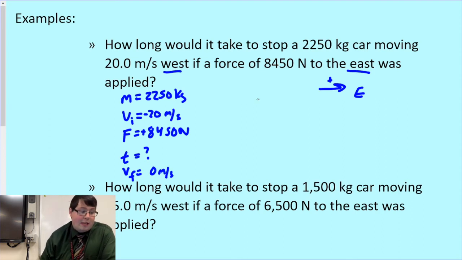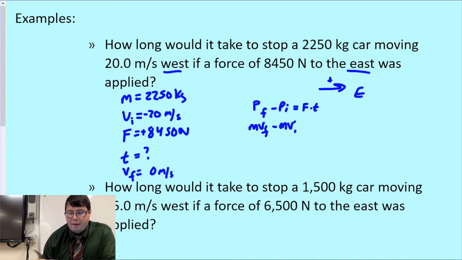Then we're going to go ahead and use the impulse momentum theorem. P final minus P initial equals F times t, or mvf minus mvi, just knowing the momentum is mass times velocity. That's going to be my force times my time. Plugging in my numbers,